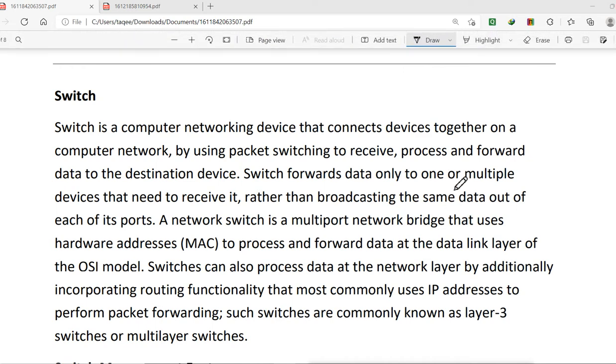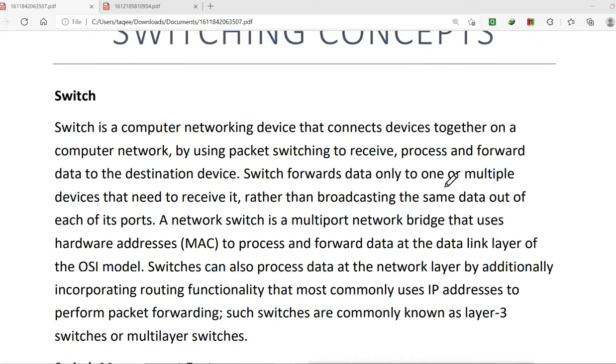So basically, what does a switch do? It is the device which connects multiple devices together. Suppose we have multiple devices, machines, servers, PCs, whatever, and we want to connect them together. Remember, these devices have only one LAN port, so if we connect them directly, we can only connect two machines together. If we want to connect them all together, we use a central device in a star topology.